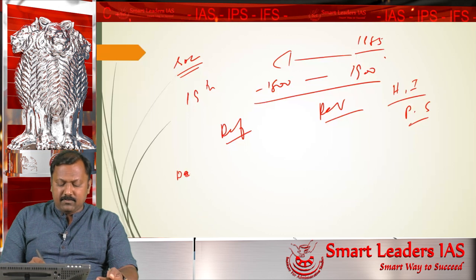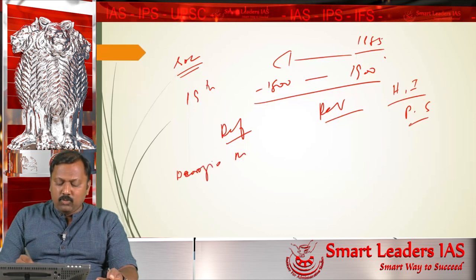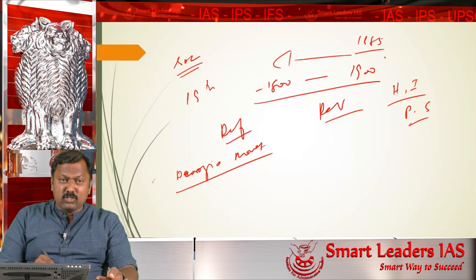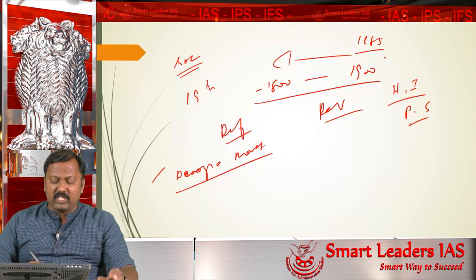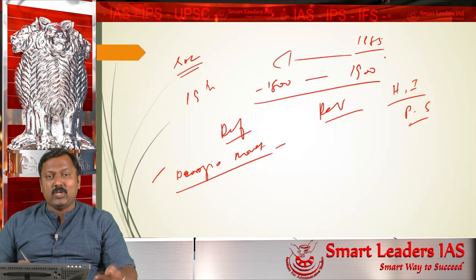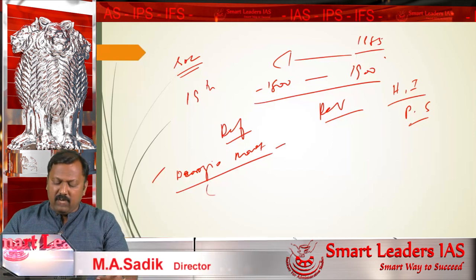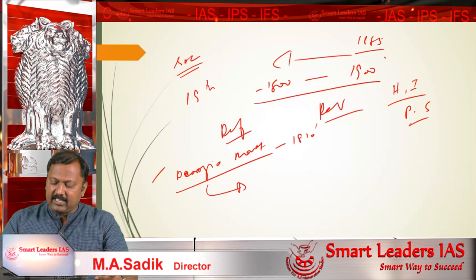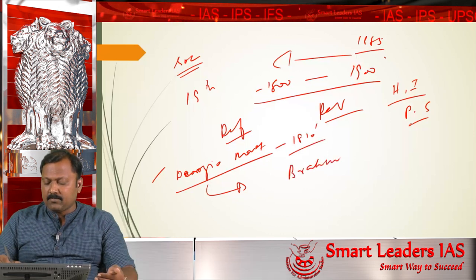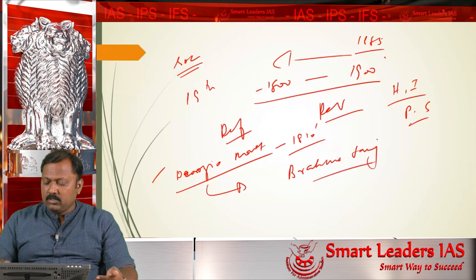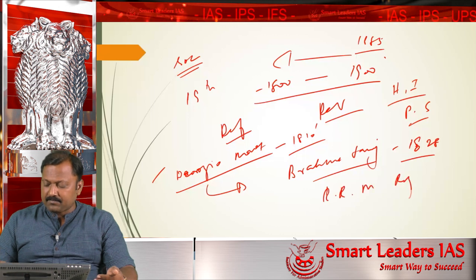We all know a reform movement called the Derozio movement. The Derozio movement happens to be the first of the great movements, started by a person called Henry Vivian Derozio. After this Derozio movement, which started in the 1810s, we have a movement called Brahma Samaj. Brahma Samaj was founded in the year 1828 by Raja Ram Mohan Roy.